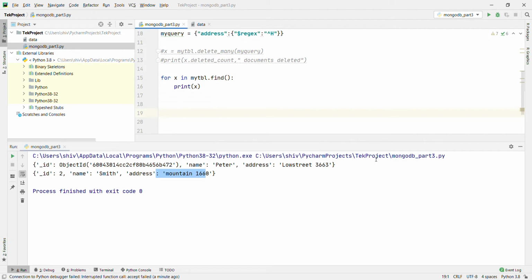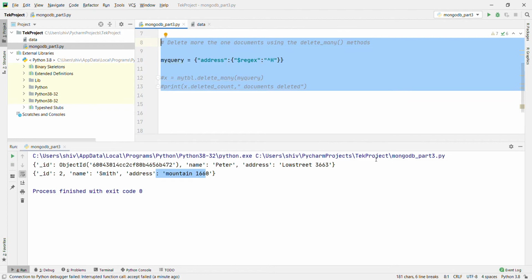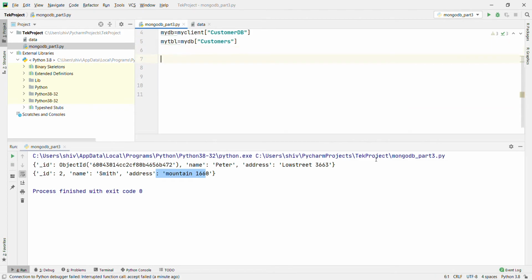Now what we are going to do is remove everything from here, and now the third thing, we are going to show how to delete all documents in a collection. Now we have two records, right, and those are also going to be deleted.